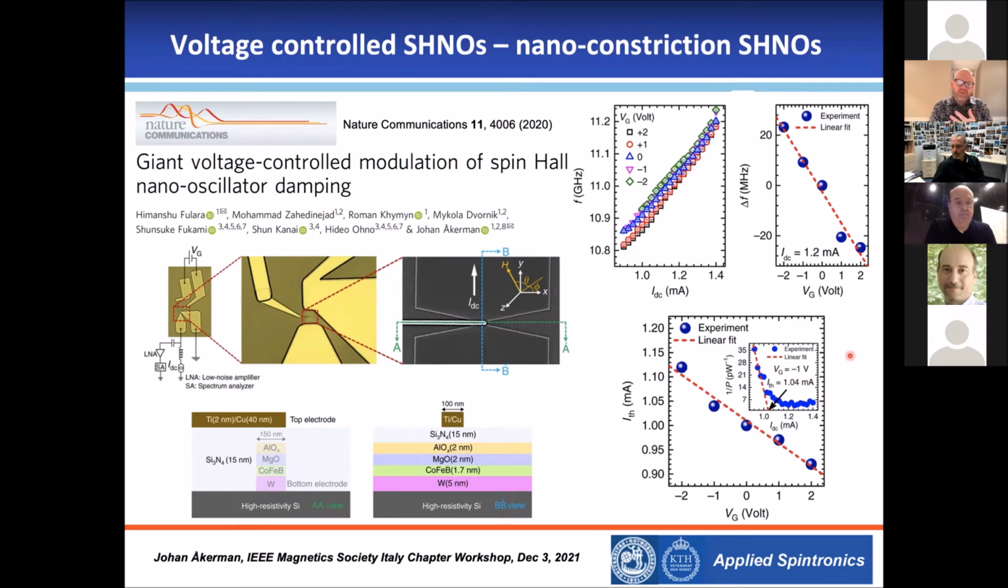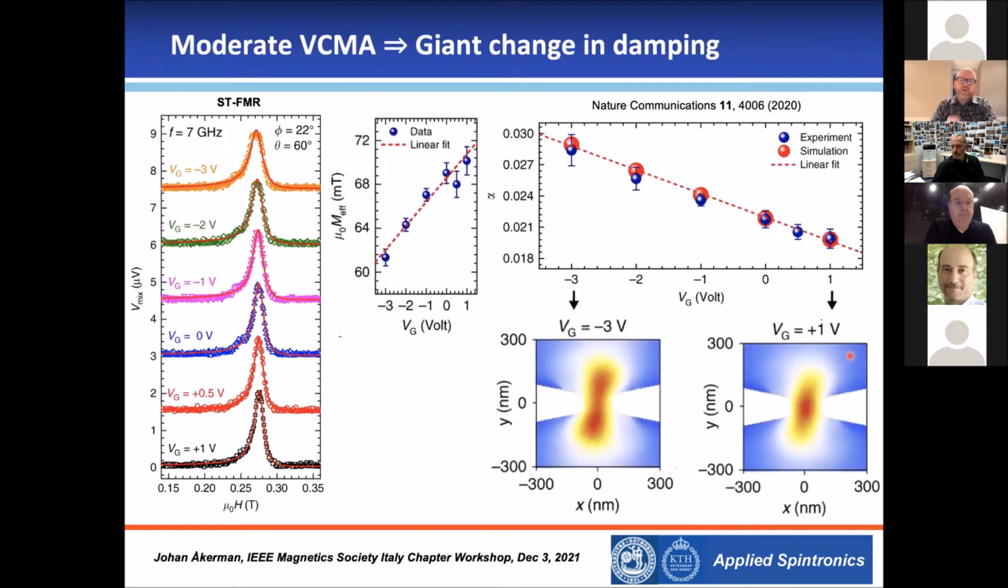But we looked further into that, and it turned out that the effective nano-oscillator damping in this geometry has a strong dependence on the anisotropy. If you look at how the mode behaves, to the left here we have STFMR measurements, and you can maybe see by eye that the top curve here is broader than the bottom one. So there's definitely a change in line width when you change the voltage, and that can be analyzed as a change in the damping, which you can see here. That's a 40–50% change in the damping,